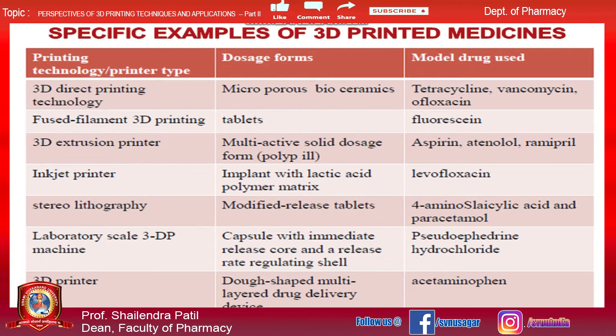Here are some examples of 3D printed medicines using this 3D printing technology. Tetracycline and vancomycin are being developed in microporous bioceramics using this 3D direct printing technology. Apart from that, aspirin, atenolol and ramipril are being used in various elements, and it is being developed